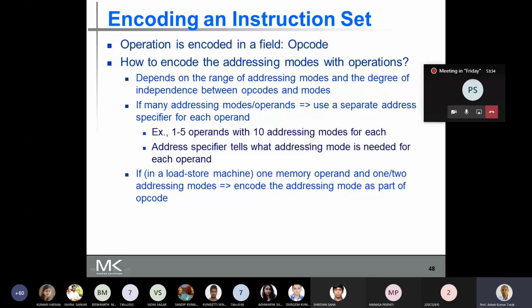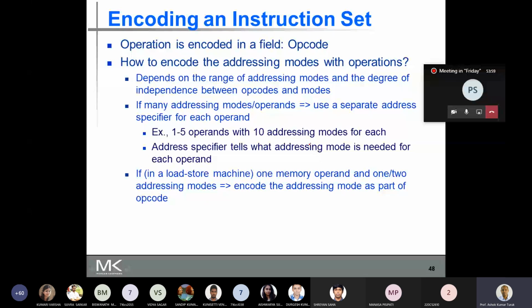In such machines, where there is only one memory operand and one or two addressing modes, the addressing mode can be encoded as a part of the opcode.